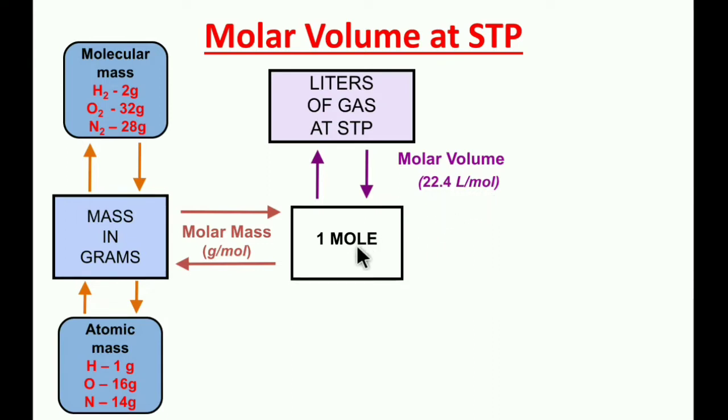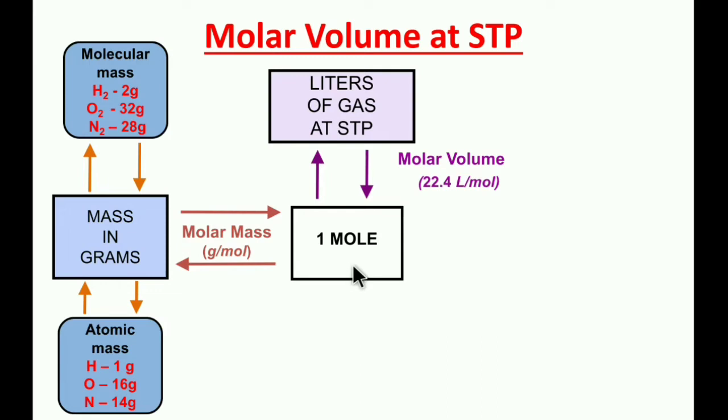Let us consider 1 mole as A. Here molecular mass, consider it as B. And molar volume, consider it as C. Here A is equal to B. At the same time A is equal to C. That means if A is equal to B and A is equal to C, then we can also equate B is equal to C, isn't it?